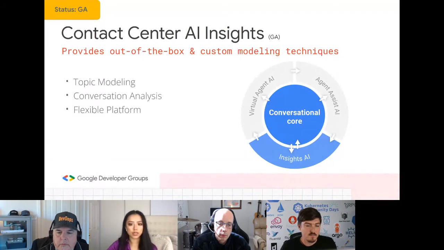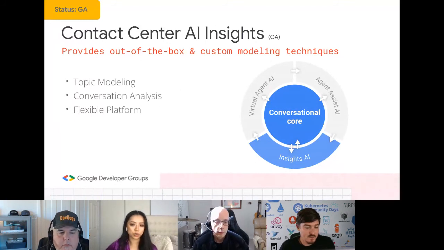So this core is really what enables that consistent high-quality conversational experience across various channels and platforms, both human and virtual. But the component that we highlighted at Next is what actually happens post-conversation. So this is where Contact Center AI Insights comes in. And Insights basically provides out-of-the-box and custom modeling techniques to make it easier for contact center teams to better understand